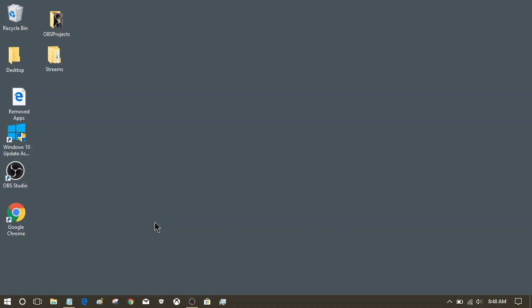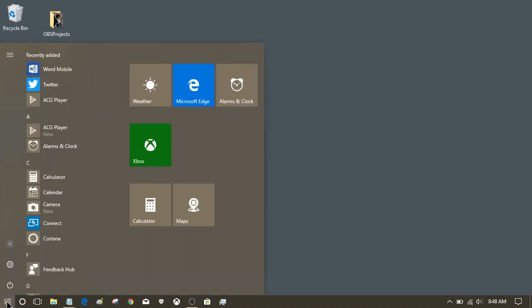Here's a really simple tutorial just to show you how you can change your default web browser in Windows 10 if you're sick of using Microsoft Edge. If you want to switch it to Google Chrome or Mozilla or whatever browser you prefer, it's pretty simple. So you just go to your Start menu,